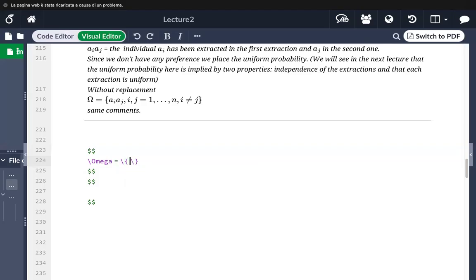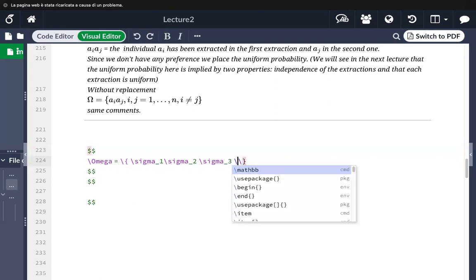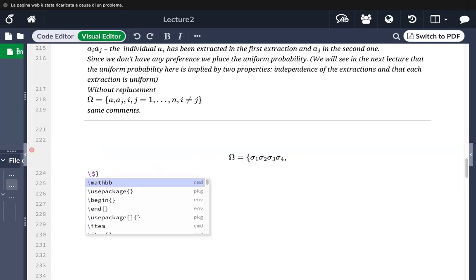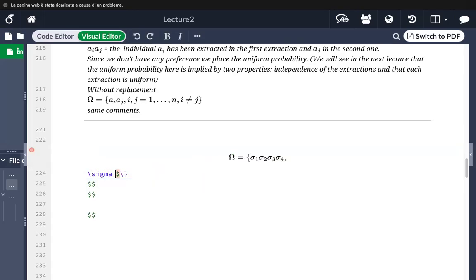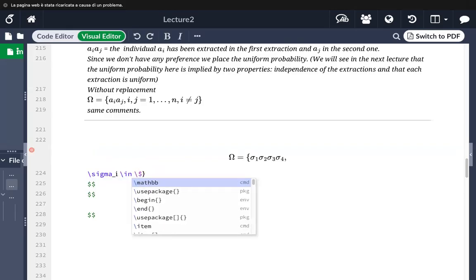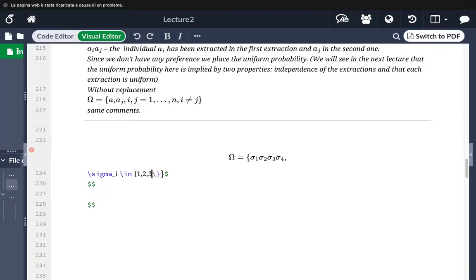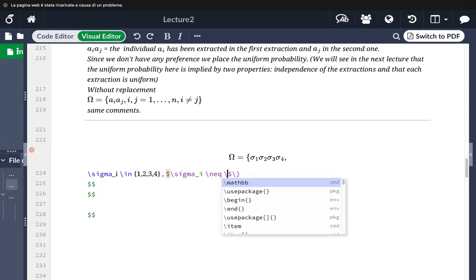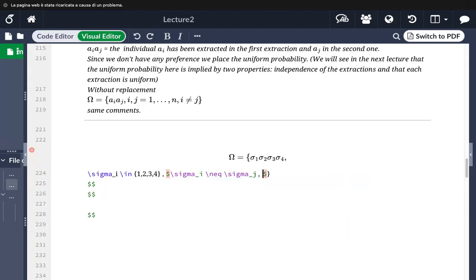This is equal to a rearrangement of these four numbers, something like sigma 1, sigma 2, sigma 3, and sigma 4, where each sigma i is either 1, 2, 3, or 4, and every sigma is different. So sigma i is not equal to sigma j